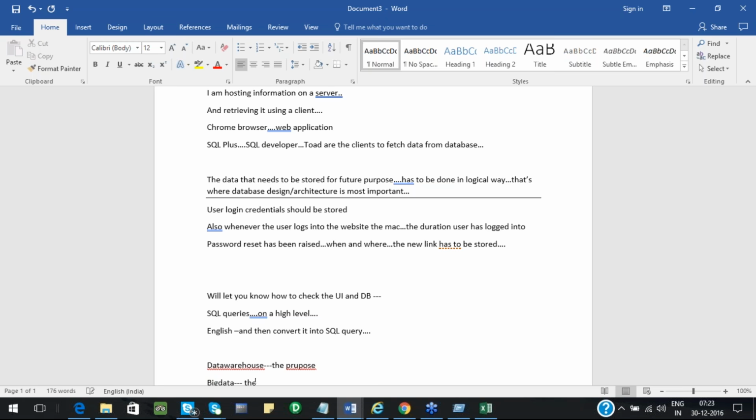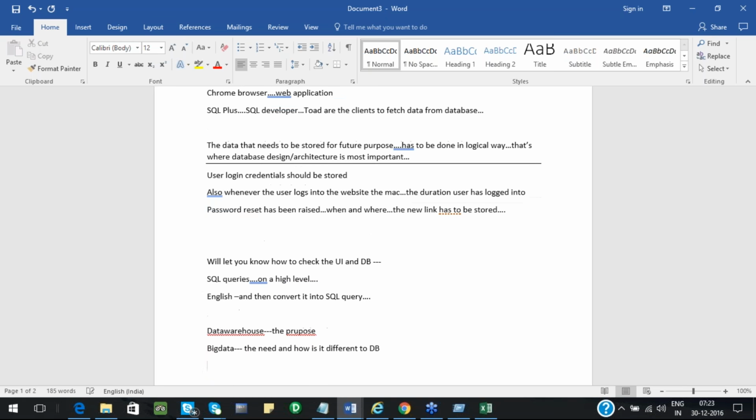The need, and how is it different from a database, as well as an SQL and NoSQL comparison. So SQL is more for database and data warehouse, whereas NoSQL is the concept that has come into the picture because of big data. Okay.